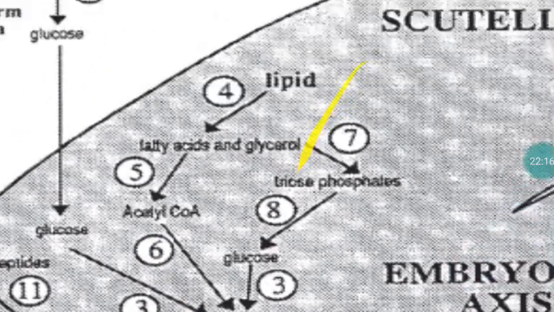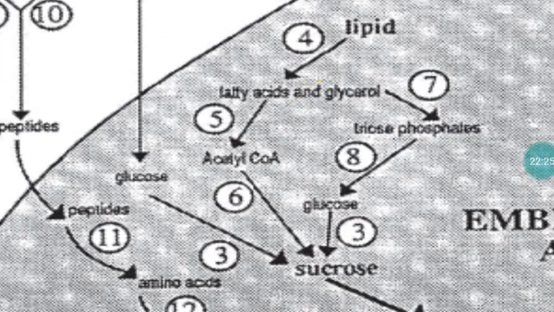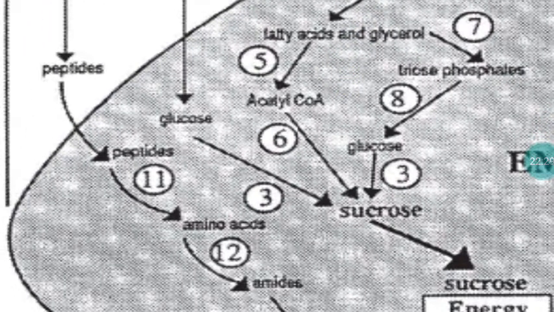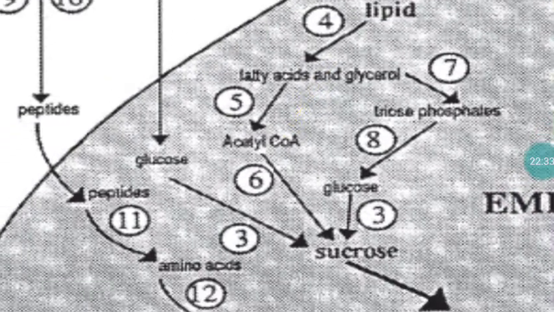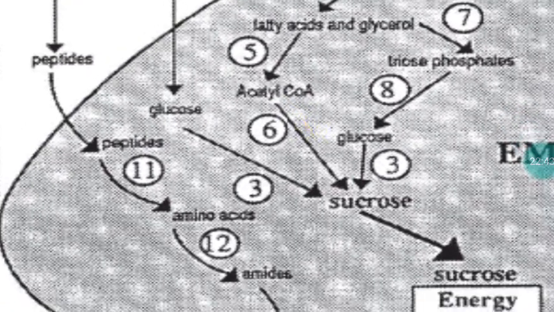Similarly, the oil and lipid molecules available in the seed are broken into fatty acids and glycerol with the help of lipase enzymes. Again, the fatty acid undergoes further breakdown, leading to the formation of acetyl-CoA. Acetyl-CoA is a precursor for the Krebs cycle. So it will directly enter the Krebs cycle, or in some instances be converted into sucrose.